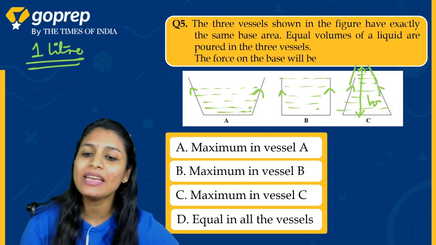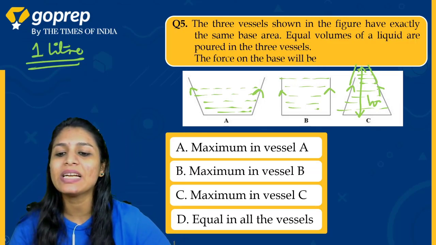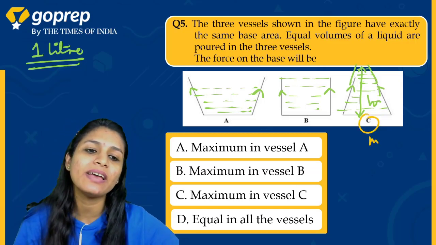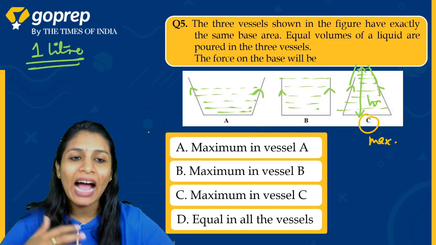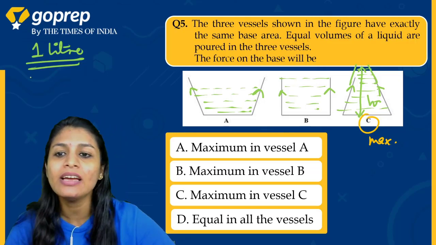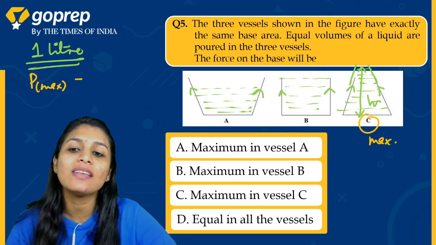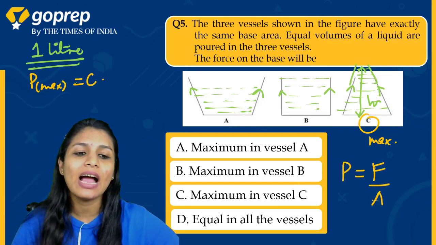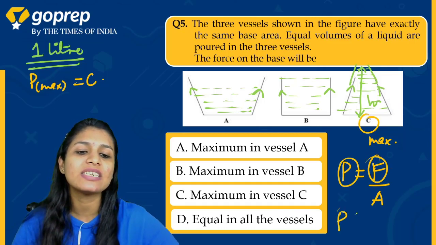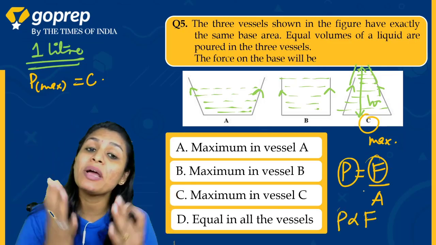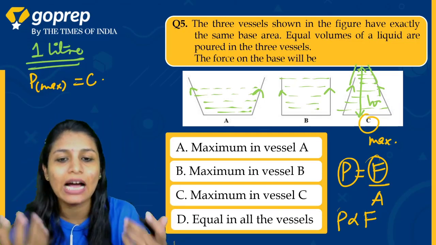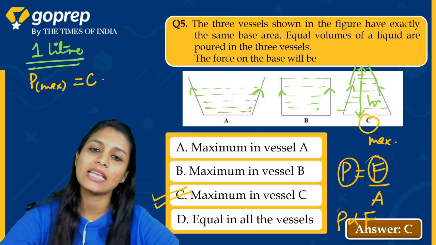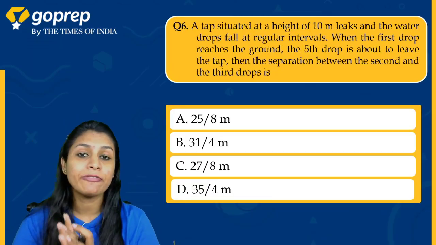मैक्सिमम हाइट C वाले में आएगी। हमें पता है कि प्रेशर किस पे डिपेंड करता है, हाइट ऑफ लिक्विड पे, ठीक है। और हाइट ऑफ लिक्विड मैक्सिमम किस में है, C वाले केस में है। तो अगर हाइट ऑफ लिक्विड C वाले केस में मैक्सिमम है तो प्रेशर मैक्सिमम किस में होगा, C में होगा, ठीक। प्रेशर होता क्या है, फोर्स अपॉन एरिया। तो देखो बेटा सामने लिखा है, मतलब प्रेशर प्रोपोर्शनल टू फोर्स है ना, जिसमें प्रेशर ज्यादा उसमें फोर्स भी ज्यादा होगा। तो मैक्सिमम इन C, ओके, आंसर इज C, ओके।